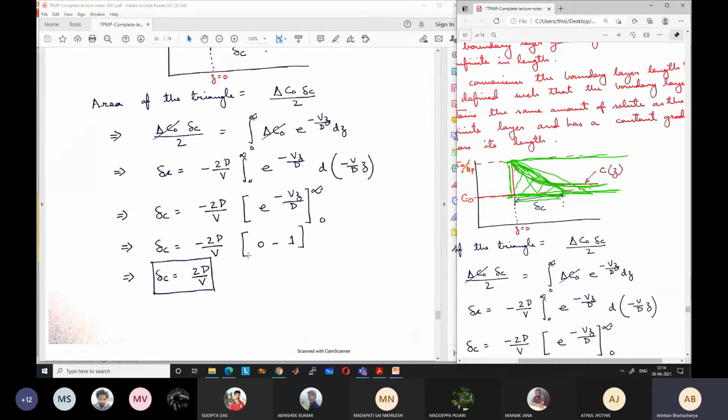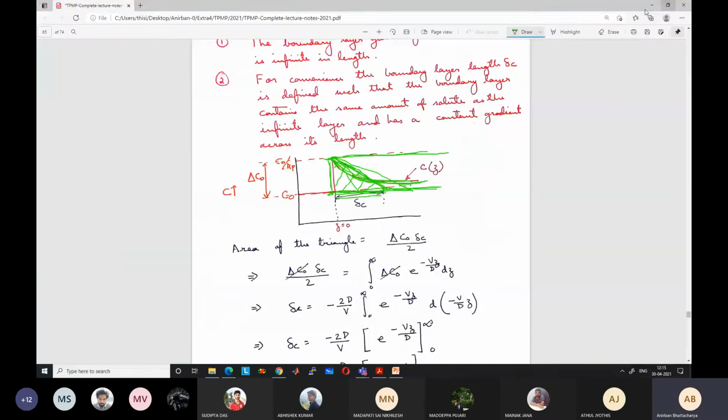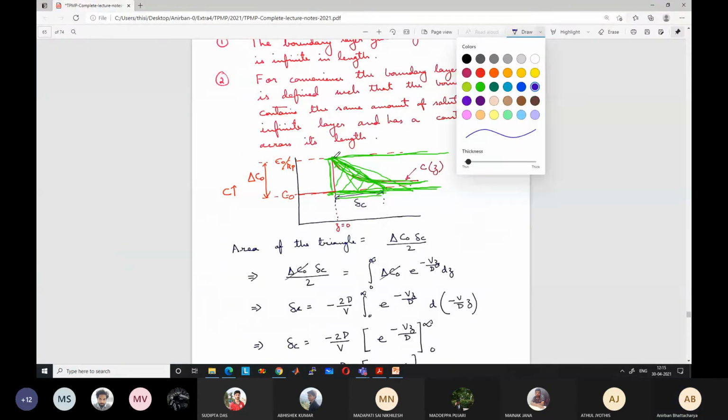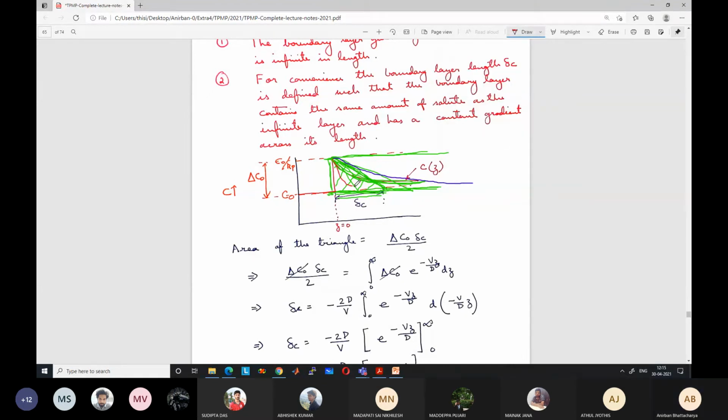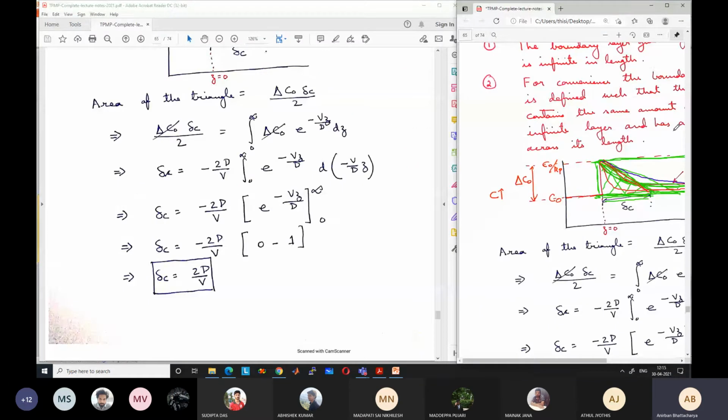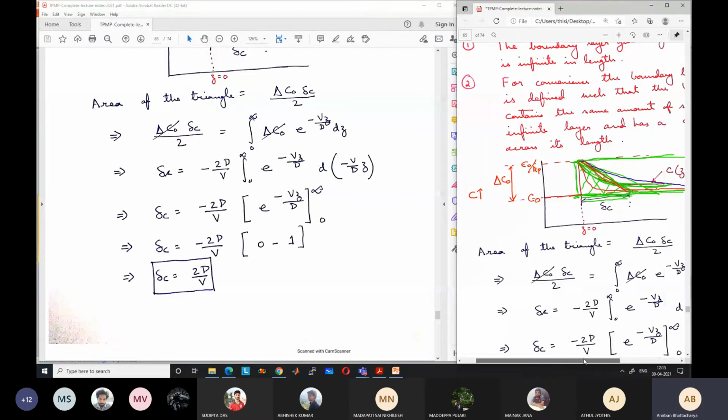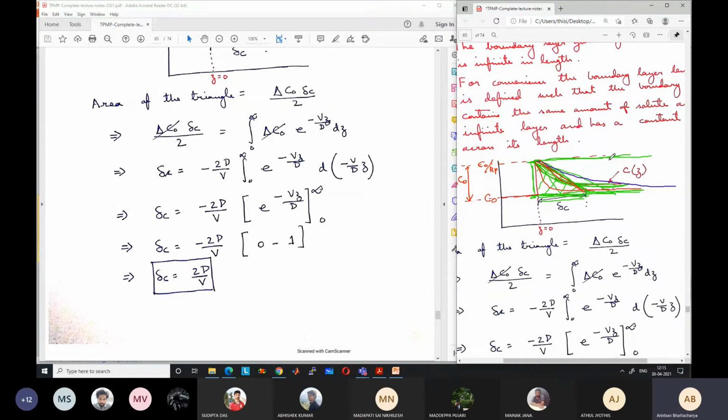Similarly, the slope of the actual boundary layer will also change based on the diffusivity. If I have higher diffusivity, the slope of the actual boundary layer will look like this. If I have lower diffusivity, the slope of the boundary layer will look like this. So based on the diffusivity, the actual boundary layer slope changes, and our artificial boundary layer also changes. I guess this will even better explain Nikhil's question about the boundary layer, and why there is a concentration gradient present.